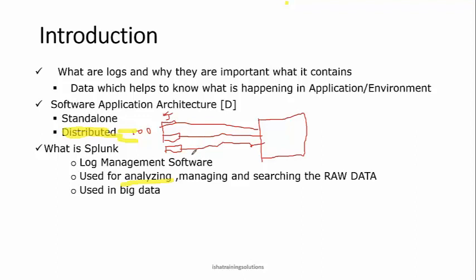Let us assume that customer is running some 20 projects. It will be doubled or tripled, and you will have hundreds of logs that need to be organized in a proper manner. Basically Splunk does that. Each and every project's data it puts in one index, so each project's data is kept under one index.